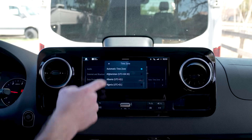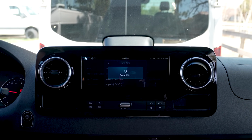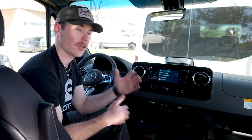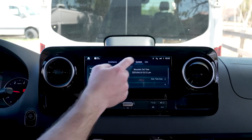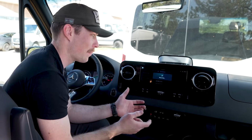So you click on date and time here, and then you can click the automatic time zone. As long as that setting's on, if you drive over different time zones, the van should automatically pick that up and reset your clock to the right time in the correct time zone that you're at. So you want to make sure that's an automatic time zone selection, and then you can set your format. You can see right now we're in 24-hour time. So if we switch to AM, PM,